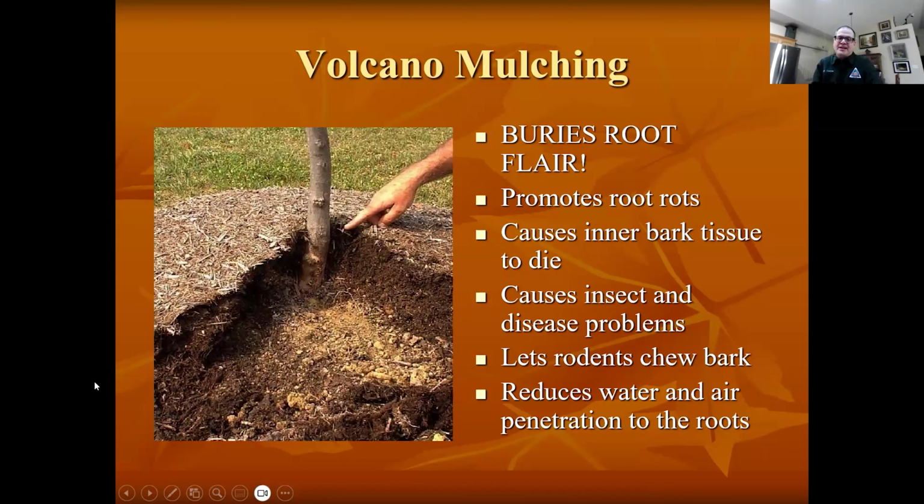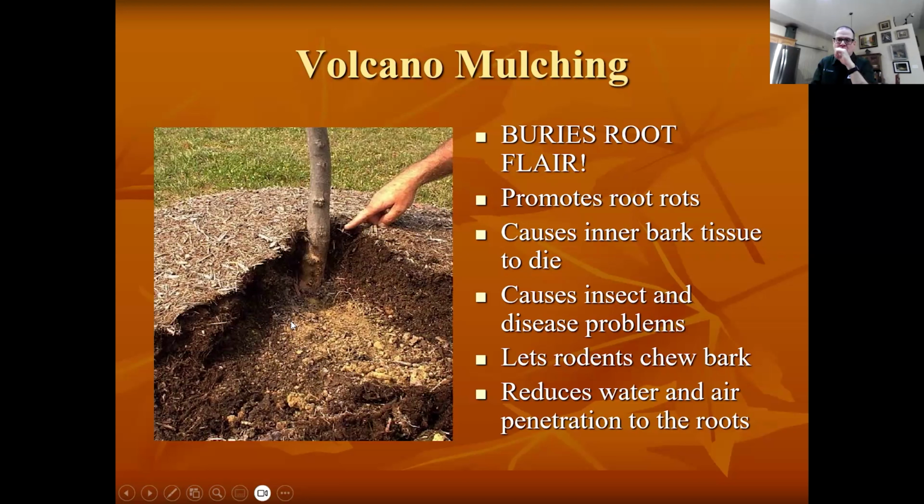Too much of a good thing. If you volcano mulch, you see this a lot of times in commercial settings. They just don't know any better. They've buried that root flare, and there's a whole bunch of problems that occur with this. Everything from mice and voles getting underneath there and eating the bark off the tree, to the roots loving growing in mulch because it's got a lot of water holding capacity and it's very aerobic, or got a lot of oxygen in there. And what's going to happen is the roots are going to come up into this mulch layer and start growing around the tree, and then it's going to girdle it.